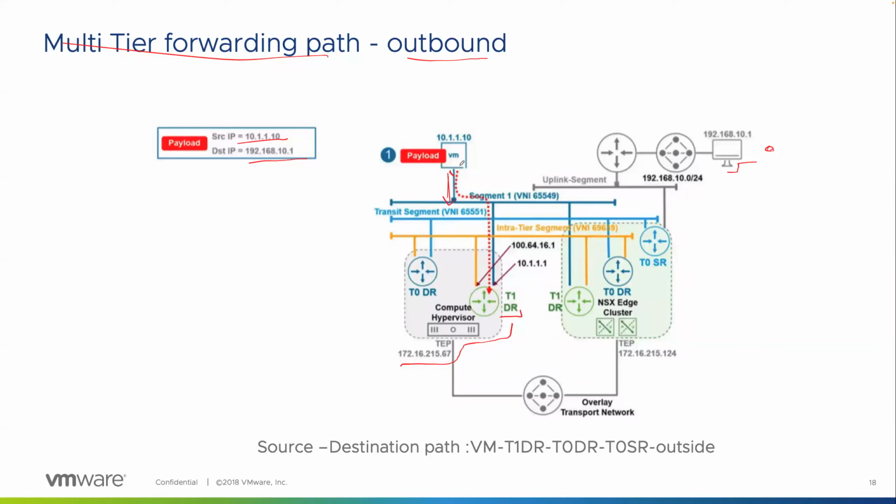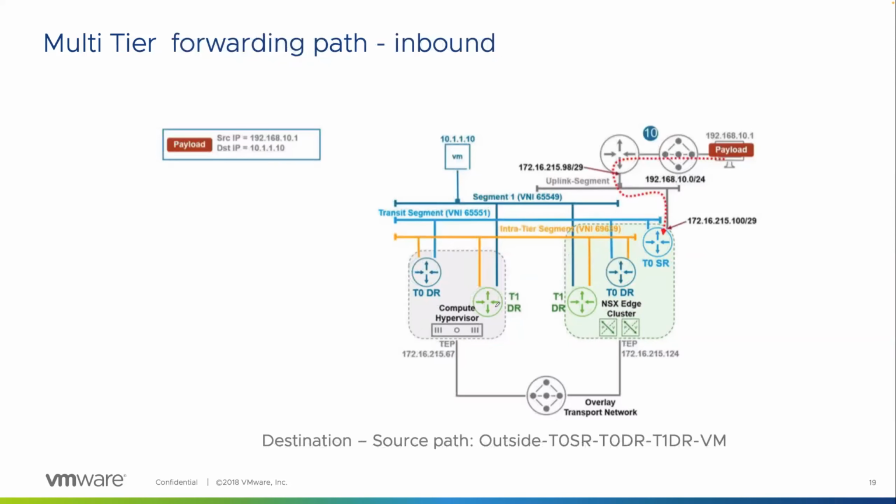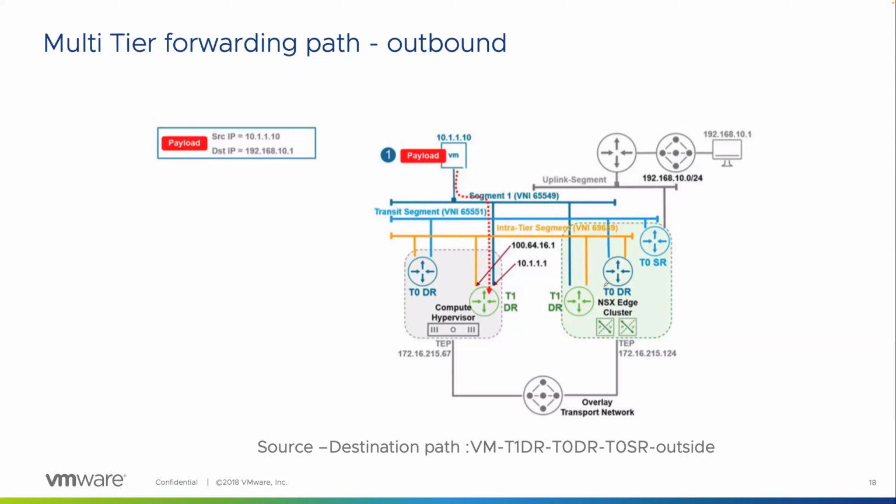So for the first step, this VM sends out some packets to their gateway, which is T1DR. This is the gateway right here. And the T1DR will check its routing table